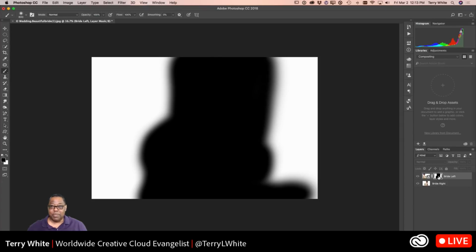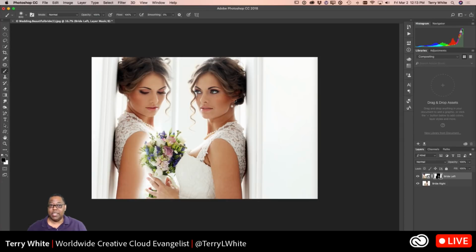I'm holding down my Option or Alt key, clicking on the mask so that we can see the mask and see what just got painted. Now, if I again lower the opacity, I can make that ghosted out the way I really want it to be. But what's bothering me now is I went a little crazy with the brush over on this side. And so what I want to do is unmask part of that. So for example,